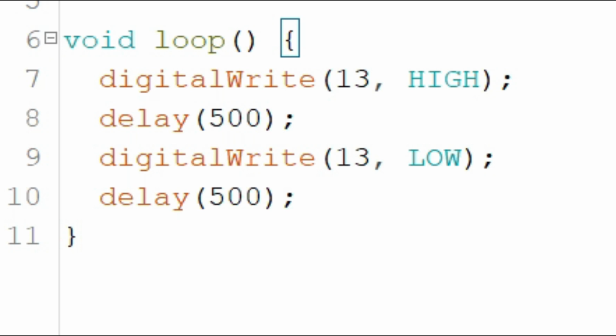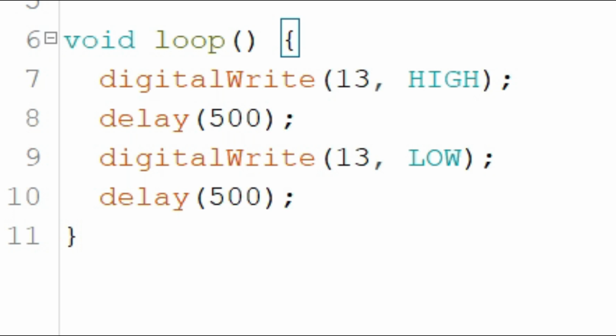In void loop there is digitalWrite(13, HIGH); with HIGH in capital and a semicolon. Now what is digitalWrite? As its name says, it writes digital signals, and digital signals can be 0 or 1, or you can say high or low. Then inside the brackets 13 is there. Here it represents pin number and then a comma. Then HIGH is there. Here there can be only two things, high or low, where high means 5 volts and low means 0 volts. So this complete line is writing digital signal high to pin 13.